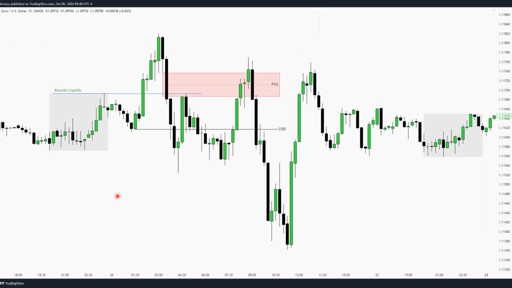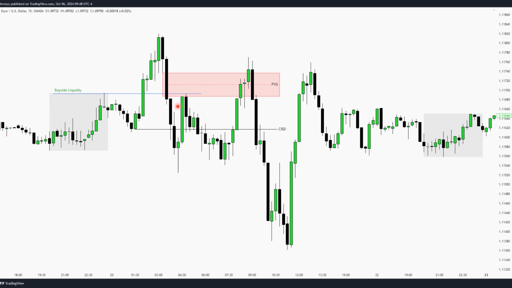In the second example, we can see that the daily market structure was indecisive in terms of peaking and expanding into one direction. However, if we use the same logic as the previous example, there was still a chance of taking a profitable trade. The Asian session's high was taken in this case after 2 a.m., which means that if we then have or see a market structure shift or a change in the state of delivery with a fair value gap, there shouldn't be any hesitation to take a trade